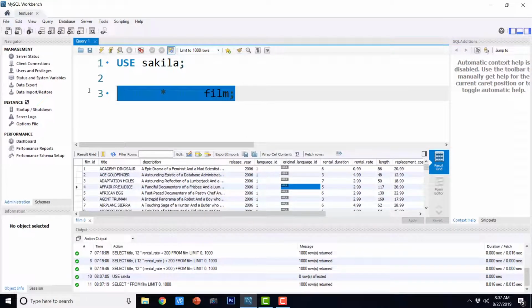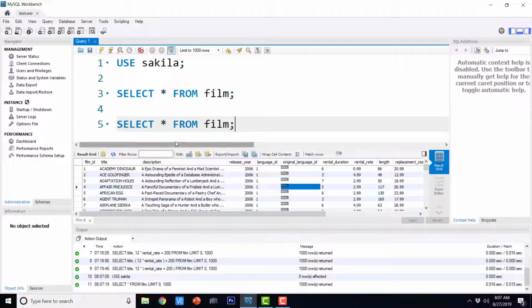So let's go ahead and select only a few columns. We are going to use the projection operation. I'm going to say title, comma, description, comma, original language ID.